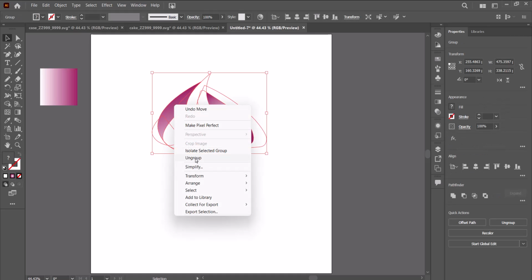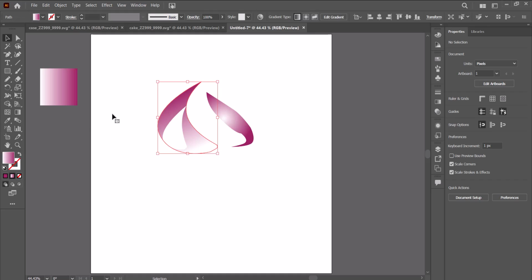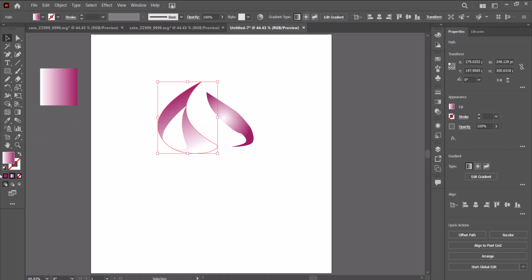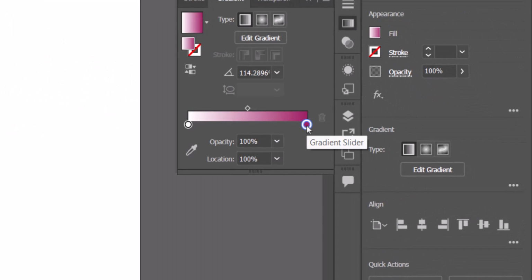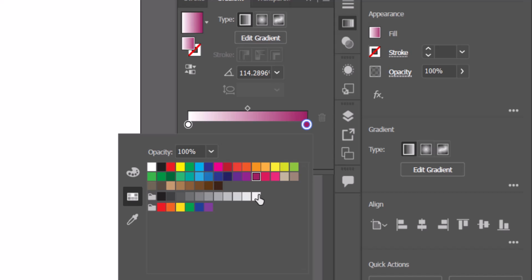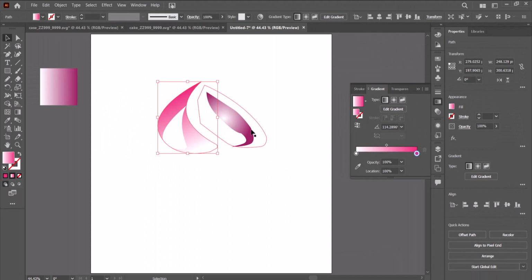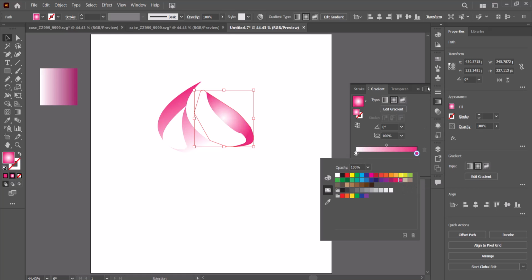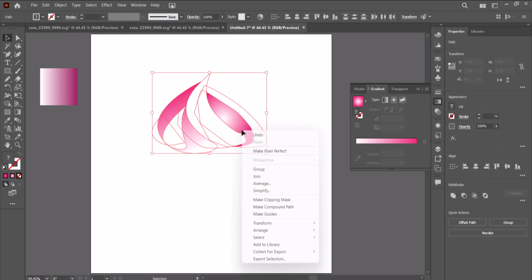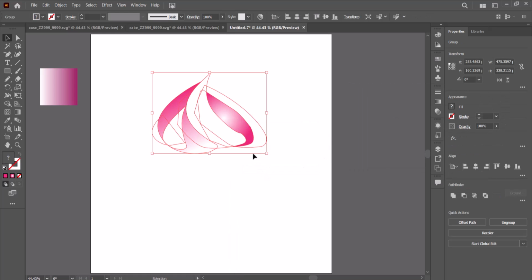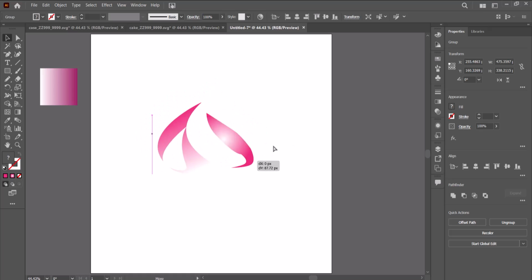So I'm going to ungroup once again, select the ones with the mauve, go to the gradient panel and double click on the handle that is having the mauve, and then change it to something brighter like this. And do the same for this one. I think this looks better, so select everything, group once again, and then let's move it out of our white